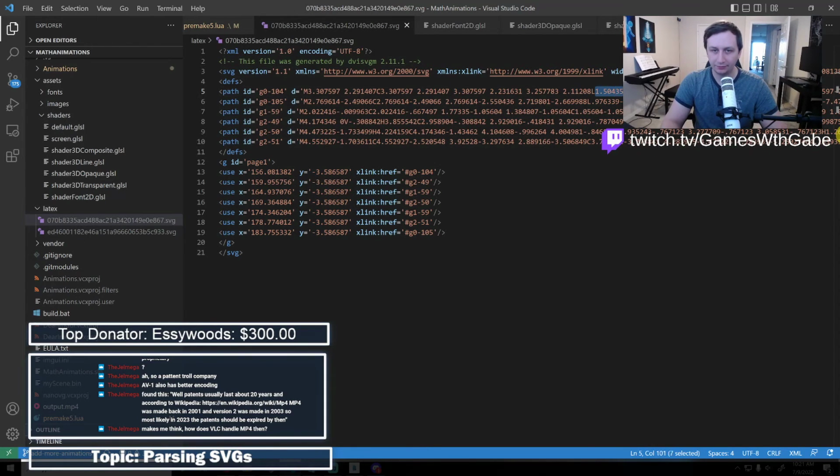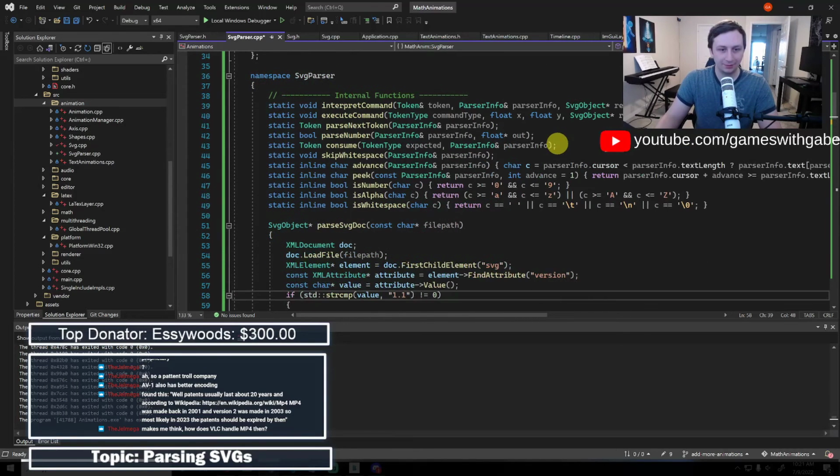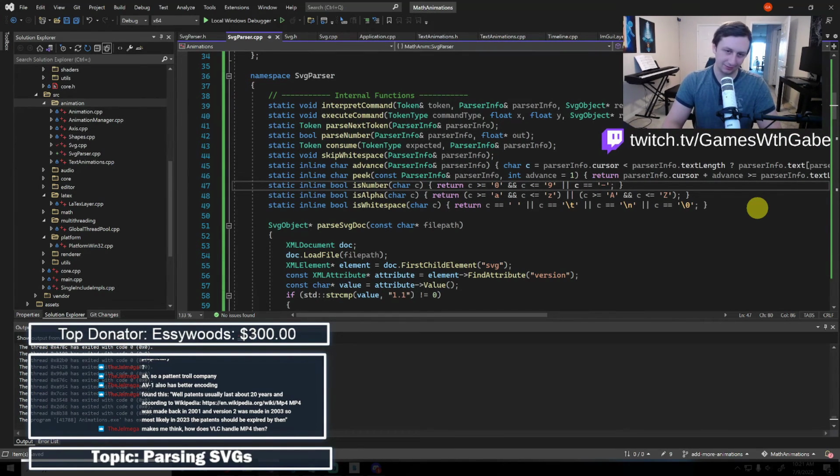L 1.504539. Why? Oh, that's a negative? Ugh. That's something I didn't think about. That's kind of gross. I don't like numbers being separated by the negative symbol. But okay, let's add support for that very quickly too. So if we want to peek a number, we can also say or C equals a negative symbol, which is kind of gross, but yeah. I know Voxriffs, you said earlier that we do have operator precedence there, but it still scares me for some reason.